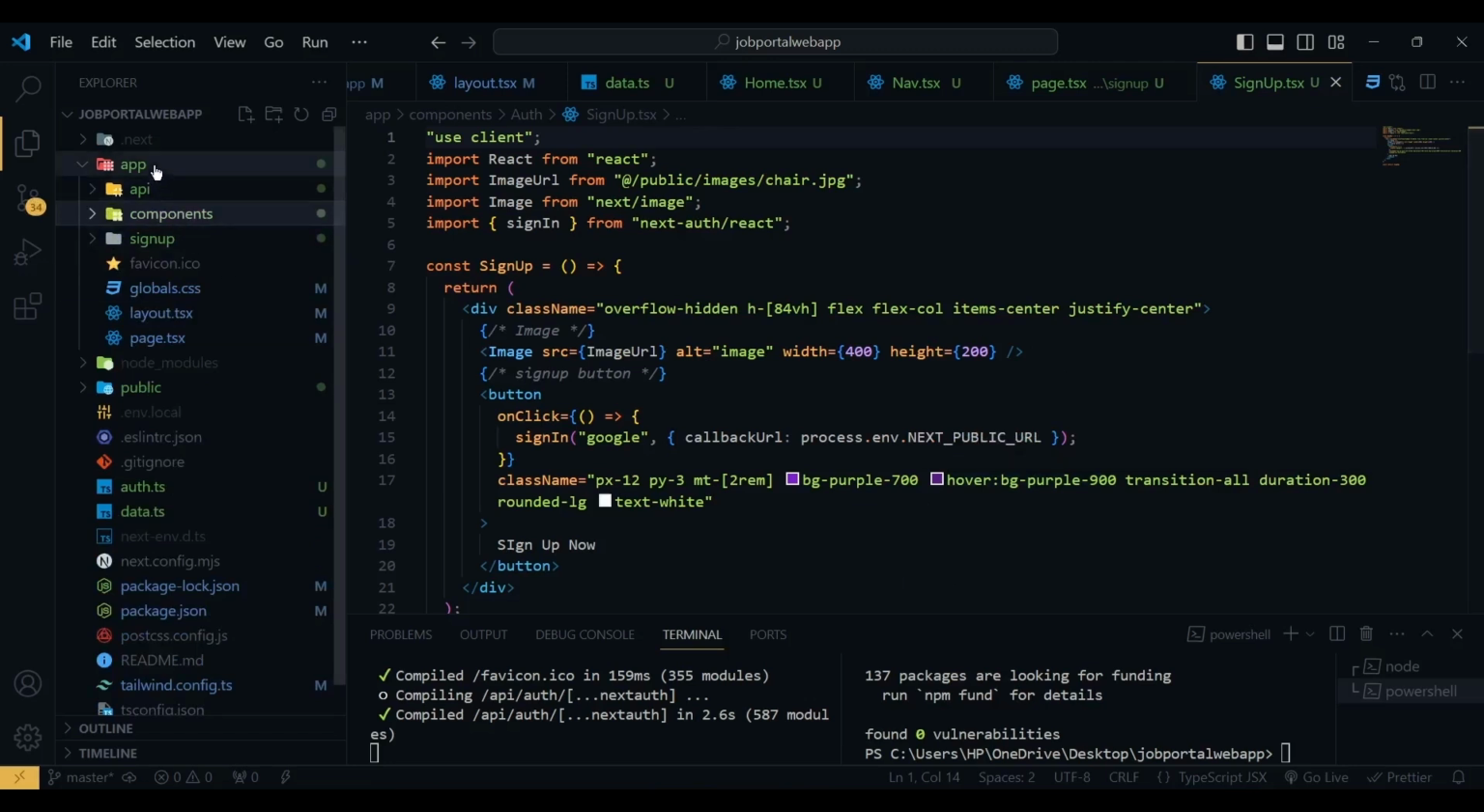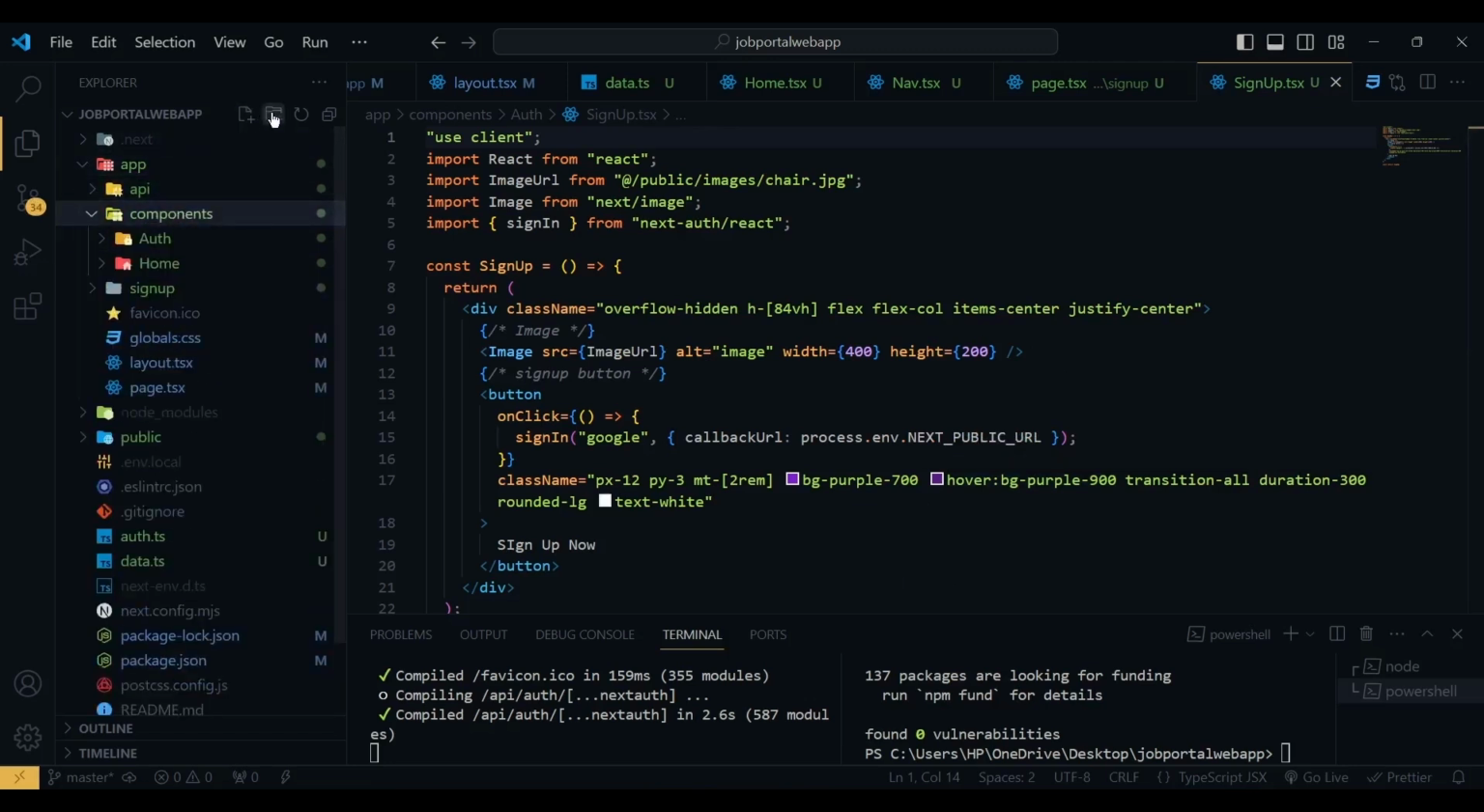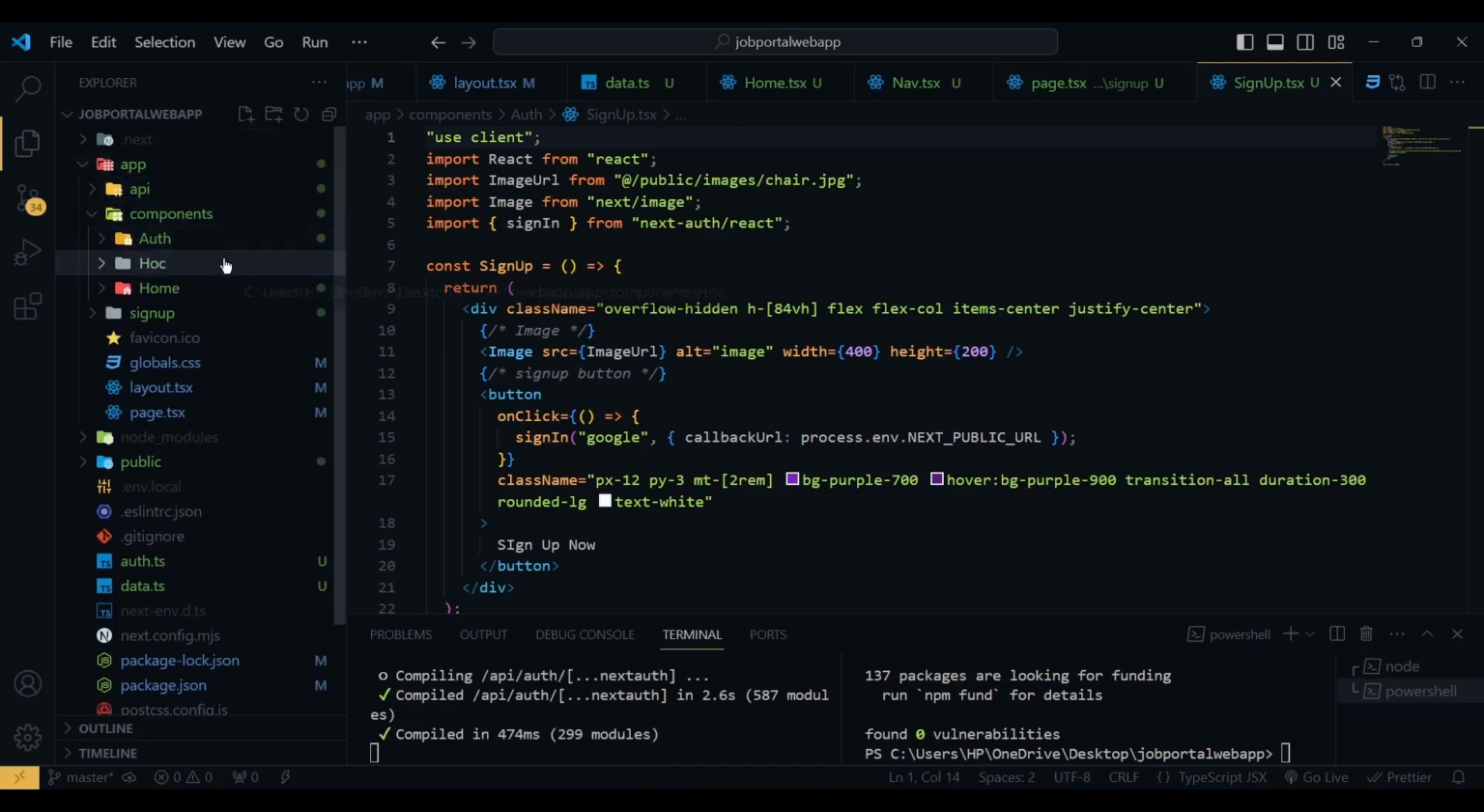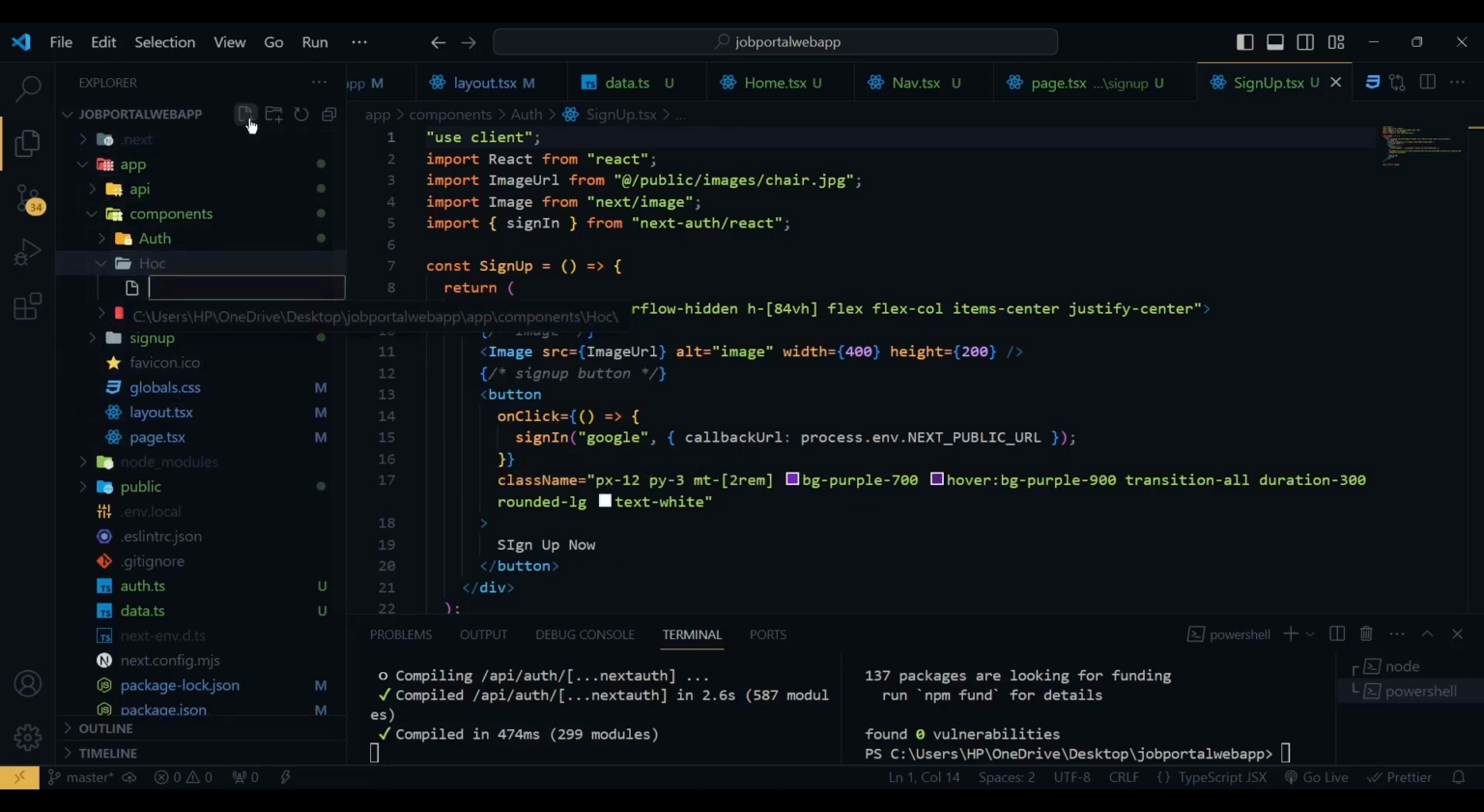So for this I'm going to create a new folder in our component folder, which is HOC. HOC means the higher order component. So here we are going to add our session related component. So I'm going to show you what this session related component is. So here I'm going to name this client provider